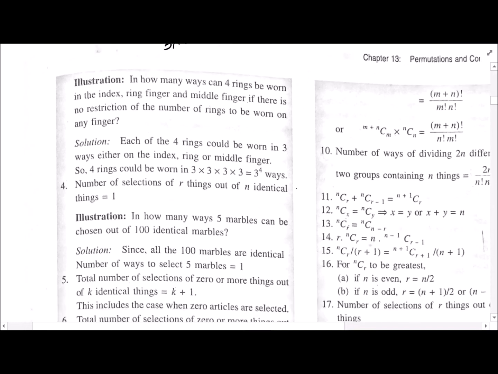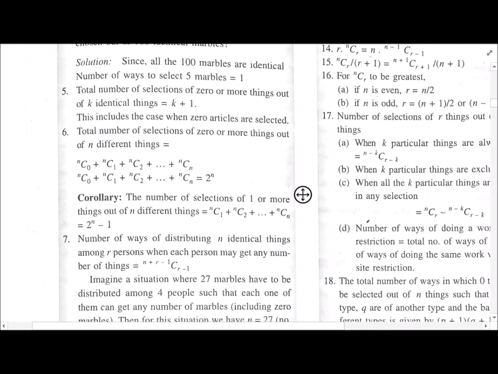Number of selections of r things out of n identical things. If things are identical, then there cannot be different selections. So only one way. Out of k identical things, if I have to select 1 or more things, then I have k ways. For one thing there is one way, for 2 things there is one way, for 3 things there is one way. In this way I have k ways, but for 0 things also I have one another way, hence k